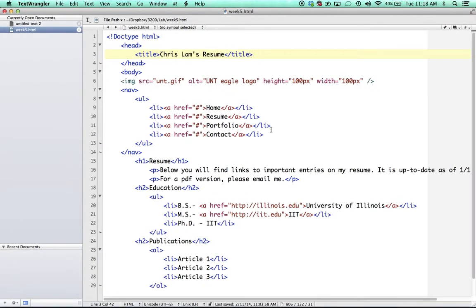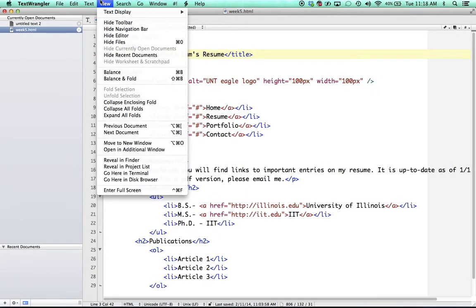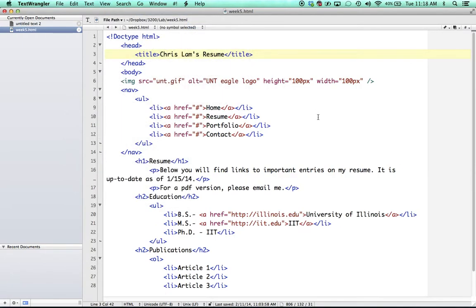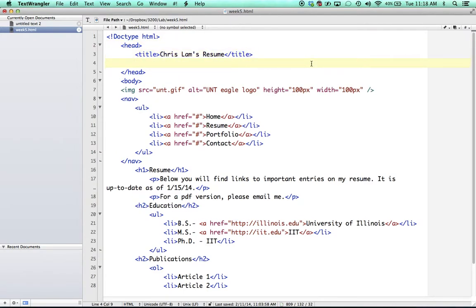The first thing we need to do is connect a CSS document to our existing HTML document. So we go into our HTML document, and this is what it looks like. The only place we need to connect it is inside of the head tag here. Okay, so after your title, we're going to add a link